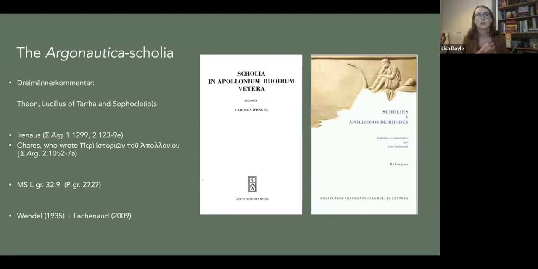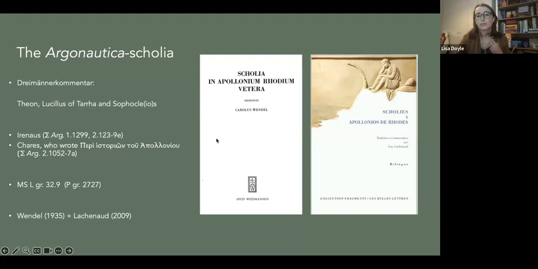So there's been work done on what we would call literary criticism, because this is our term nowadays, and that's essentially what the scholia are dealing with. They're multifaceted. It's a varied body of material, but oftentimes we can understand that material in terms of literary criticism, as we would call it nowadays. You do get some of that in the Argonautica-scholia. But you also get a lot of notes that deal with mythology and mythography, which I will explain more in a moment. And for that reason, I think they've kind of been overlooked.